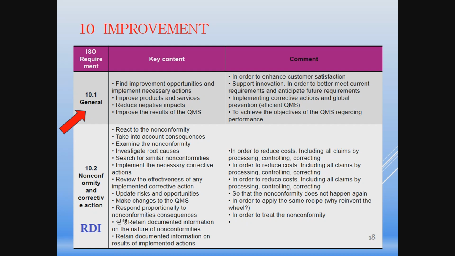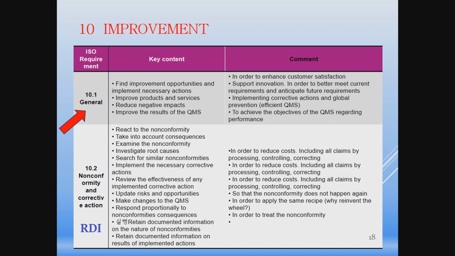Then if there is any change to the QMS, respond proportionally to the non-conformity consequence, and you have to keep the record. The records must be kept. In order to reduce cost, your cost of quality is actually a hidden cost. Rework costs money. Even if you can do rework, the time the staff spend on the rework is the cost of quality. So this is a hidden cost,